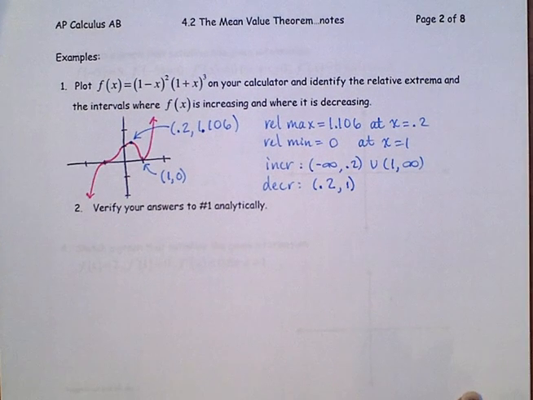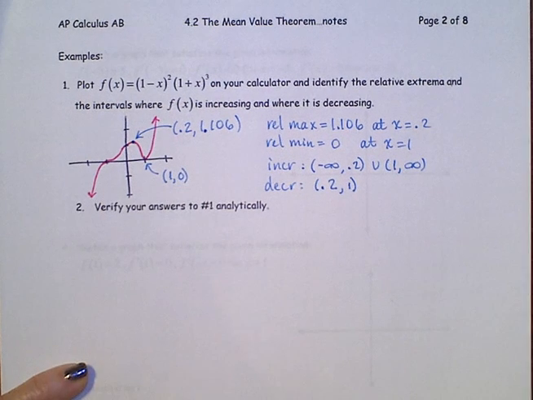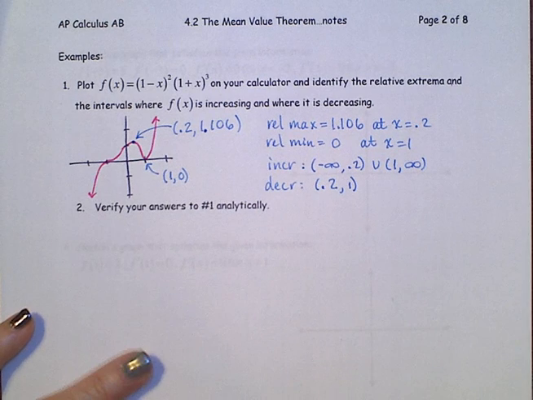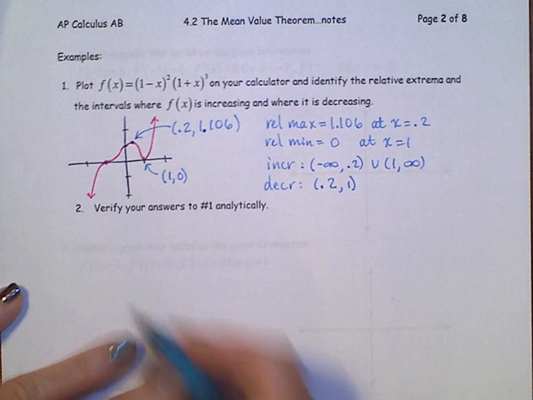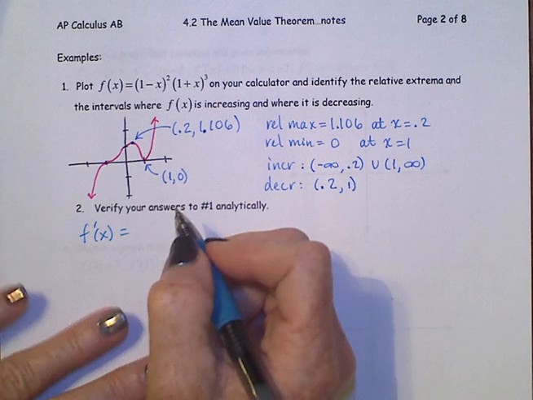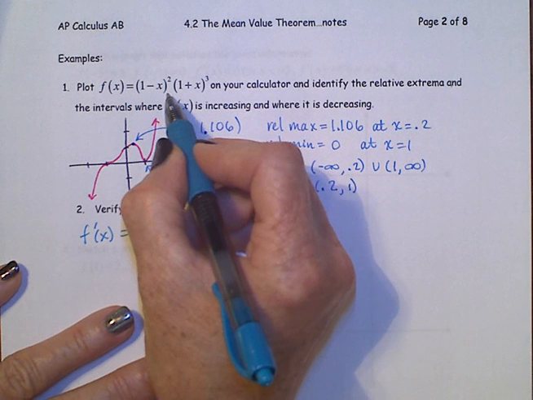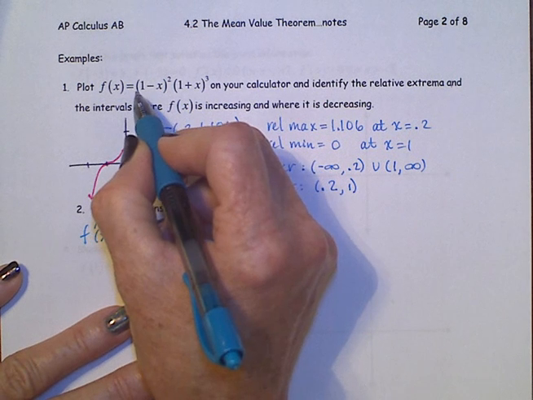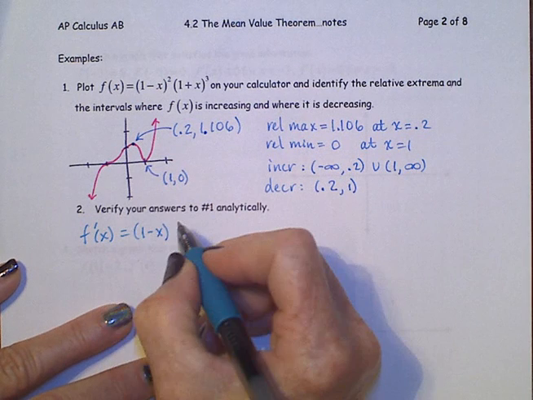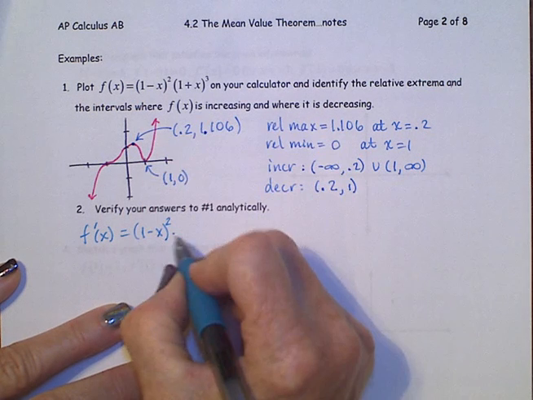Let's go ahead and verify our answers to that problem analytically, which means we need to look at the derivative and when the derivative is positive and when the derivative is negative. Let's find the derivative here, f prime. Oh man, we have a product rule and a chain rule here. So let's start first. That's (1 minus x) to the second times the derivative of the second, so 3 times